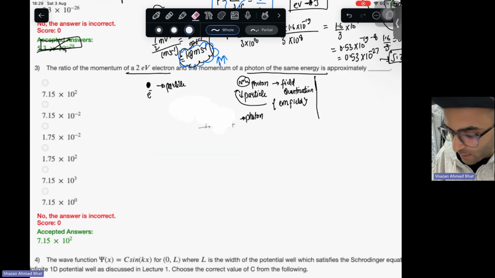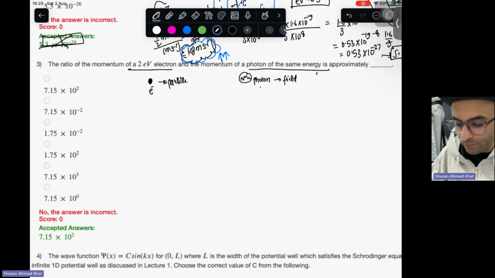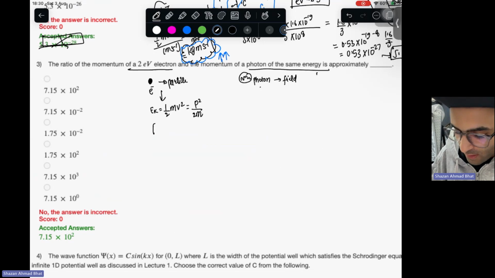So let me just simplify this particular problem and compute the momentum of both the electron and the photon. If you have an electron, you can simply compute its momentum. Let P denote the momentum. You know that the kinetic energy can be given by half of mv square, or you can write it in terms of momentum as p square over 2m. So then the momentum of the electron can be written as under root of 2 m e K,